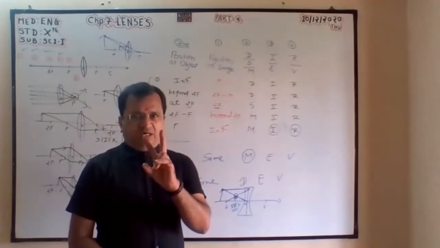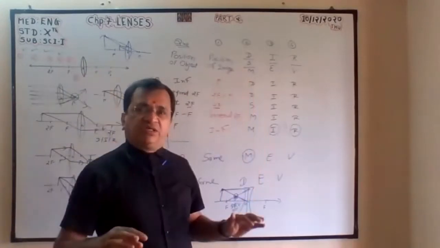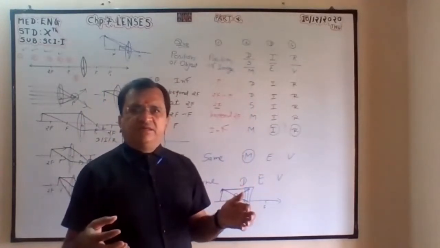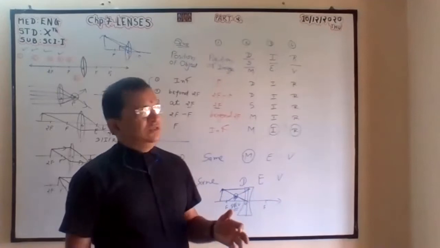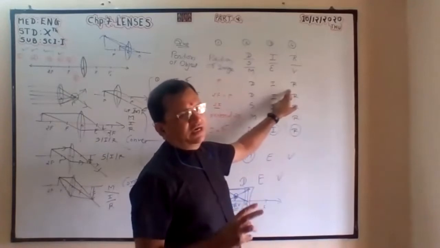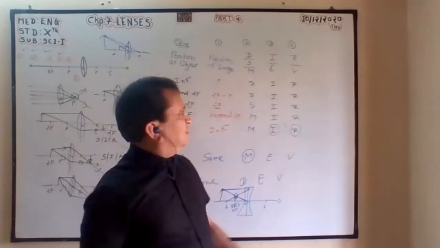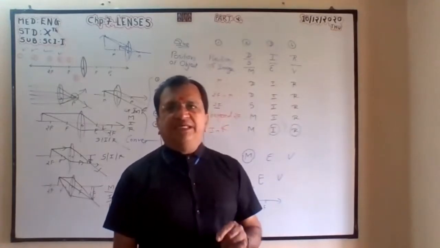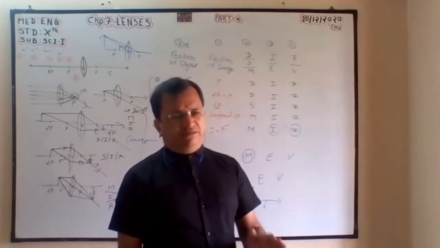Now there are 2 tables in the textbook. Orally you can write the full 7 positions, image position. Is it same, diminished or magnified? Is it inverted or erect? Is it virtual or real? Inverted is always real. When it is not inverted, it is erect and virtual. Inverted real we can catch on a screen. Virtual erect we cannot catch on a screen, meaning on a screen we cannot take the image picture.